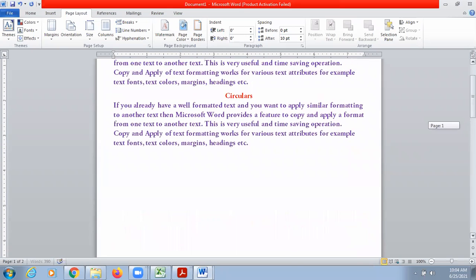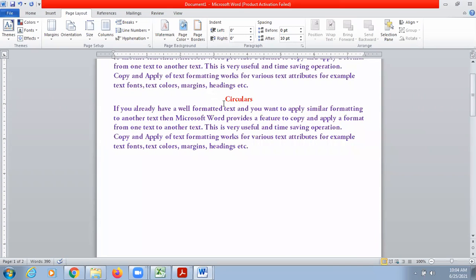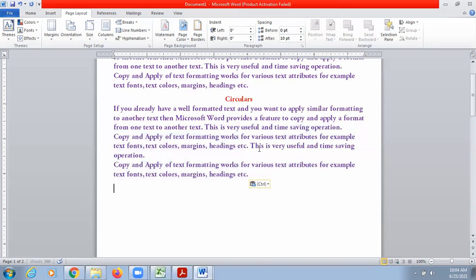Now suppose I'm adding something more on this page, let's say a few lines in the same paragraph or in the same text. So I've added this now.